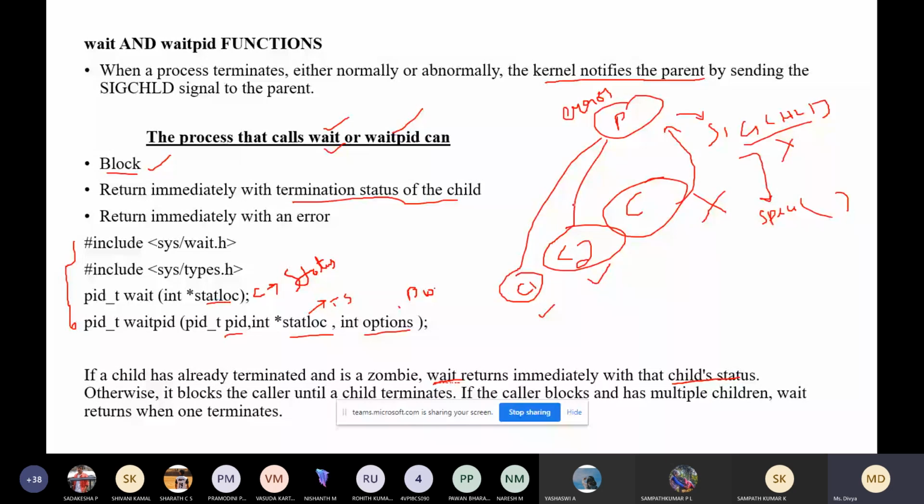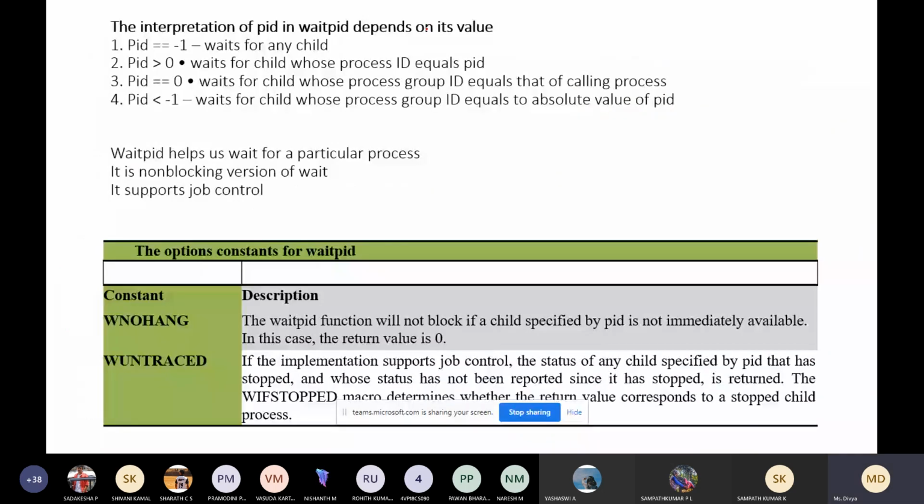The terminating status contains all the information: how much memory or resources the child has used, what files it has used, and its ID. So individual statuses can be returned to the parent process, or it can wait for all the children to terminate and return all three terminating statuses together. So here, in waitpid, what do we have?